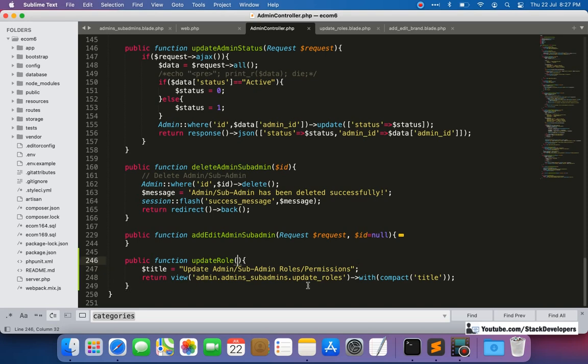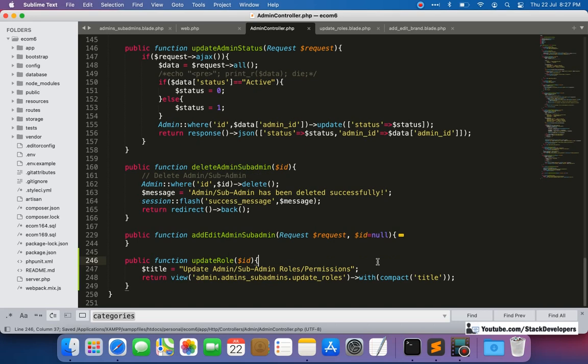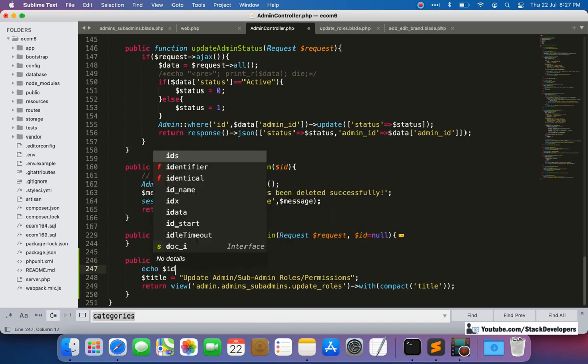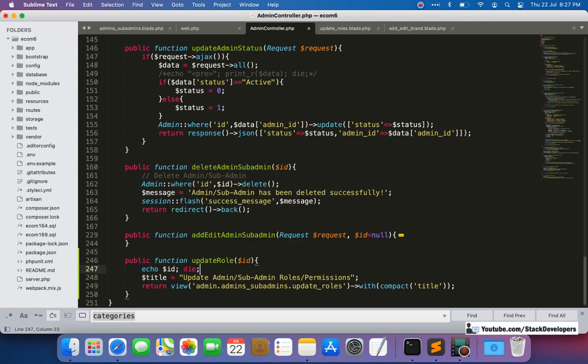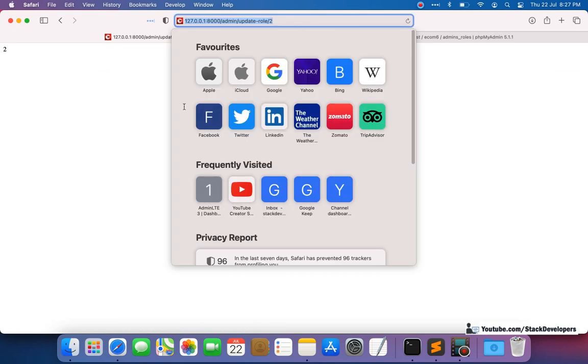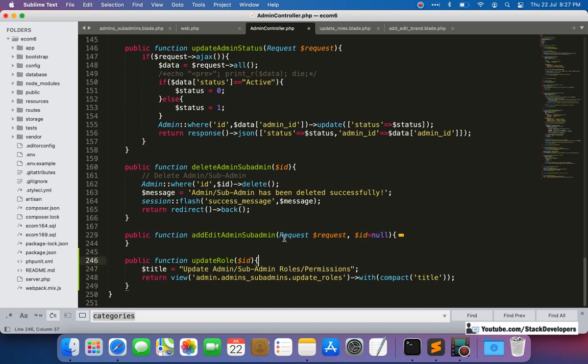We are going to check $id in update role. See here. Okay, yeah, $id. Like echo $id, going to check 2. Okay, 2 is the ID for this admin.